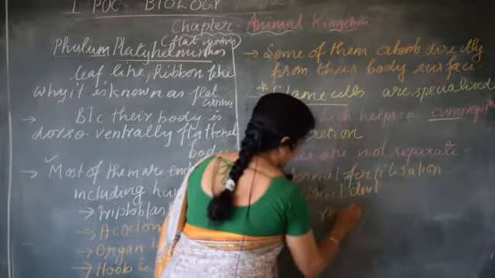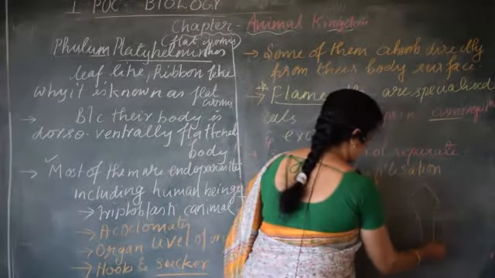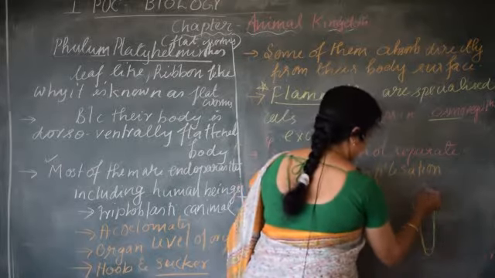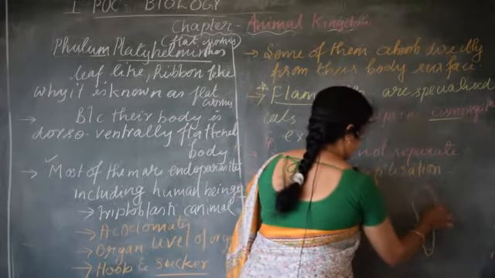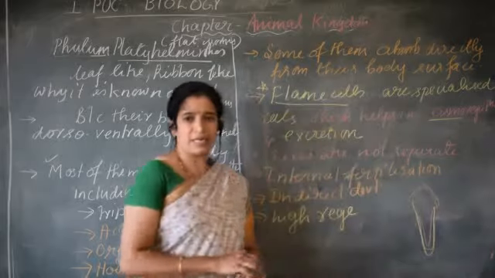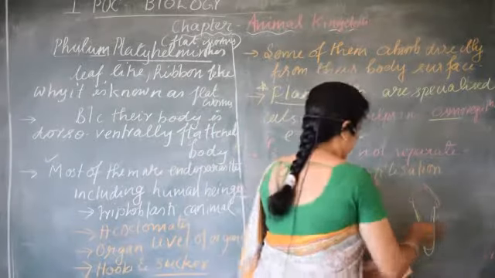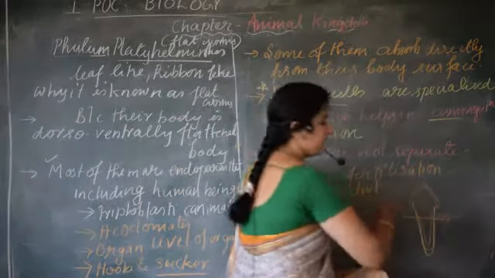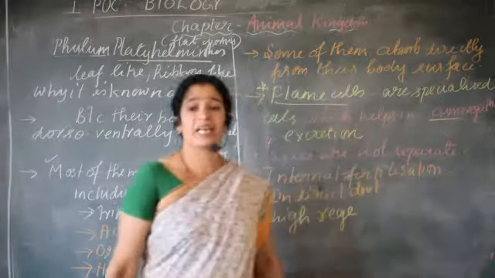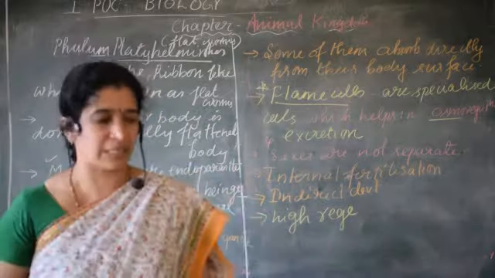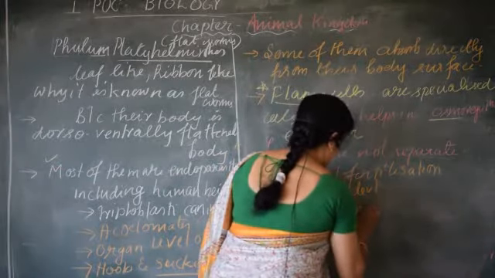High regeneration capacity means the planaria body structure will be almost like this. Okay, so they have structures like this. You may think it is like an ice cream cone, right? The planaria body structure is like that. Any part of the body that gets detached or cut, they will regain that body part. That is regeneration. A lizard's tail can regenerate, but only the tail. Here, the complete body can be regenerated. So, high regeneration capacity.